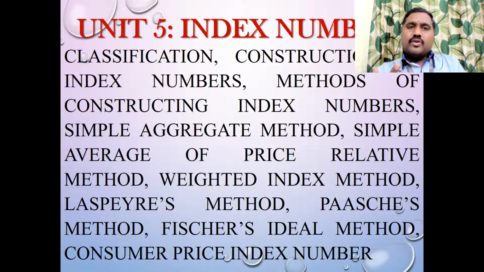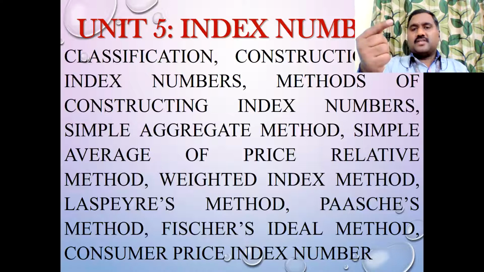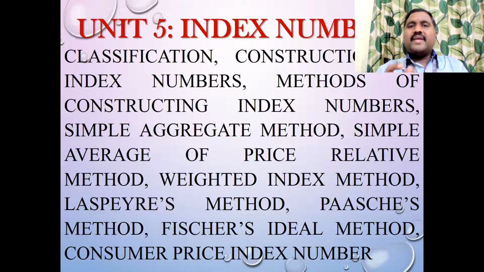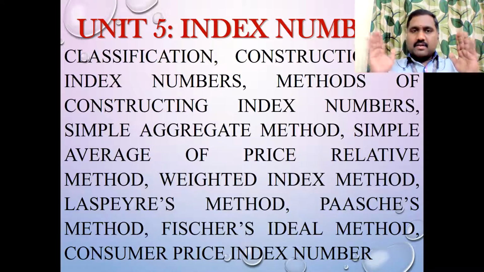Similarly, I want to know the changes in your performance in the examination. I can index your numbers or variable by comparing with your previous semester result. So when you want to find the index number, it is just an indication of changes or variation in the variable by comparing with other things. So in simple terms, the index number is a comparison. Comparison of what? Changes.